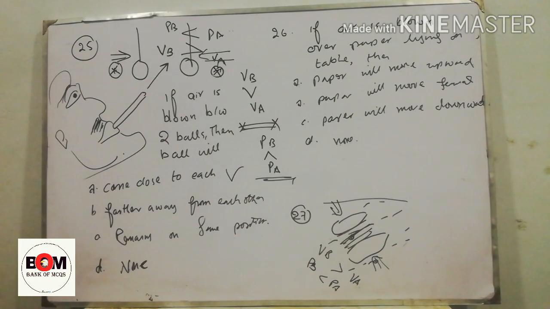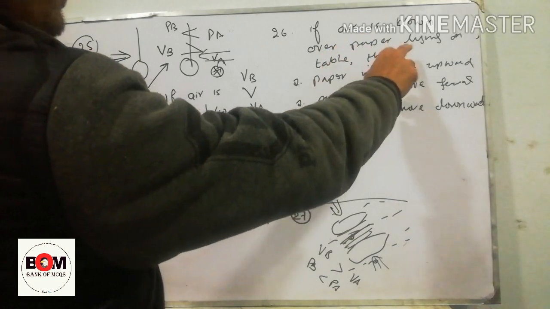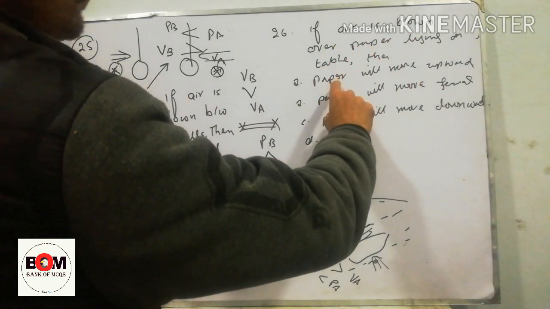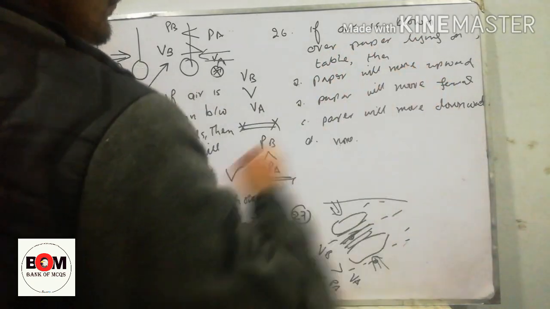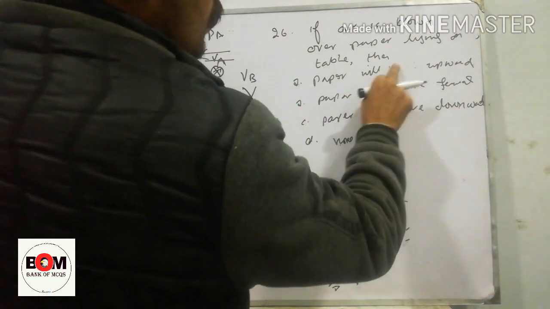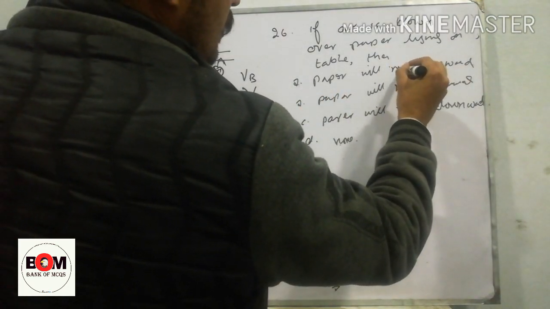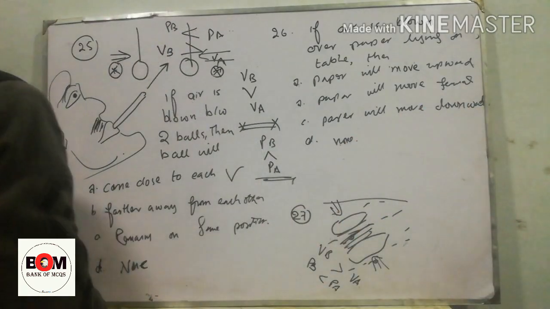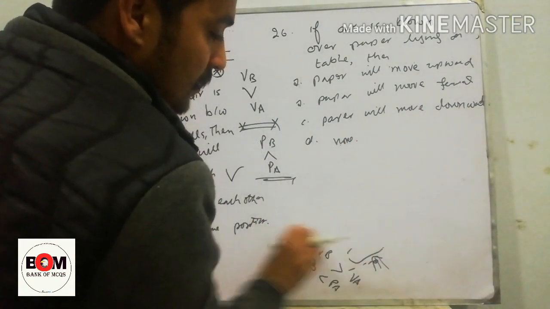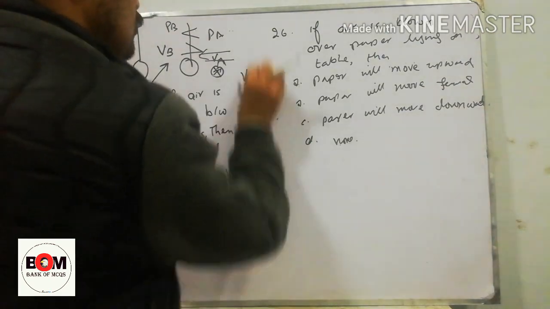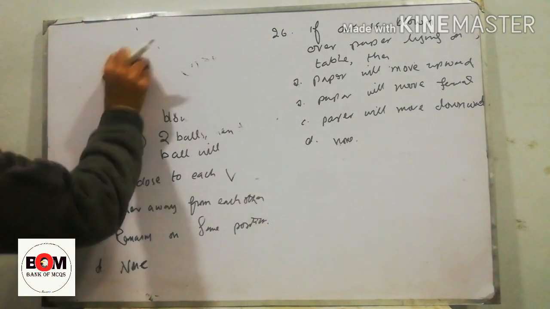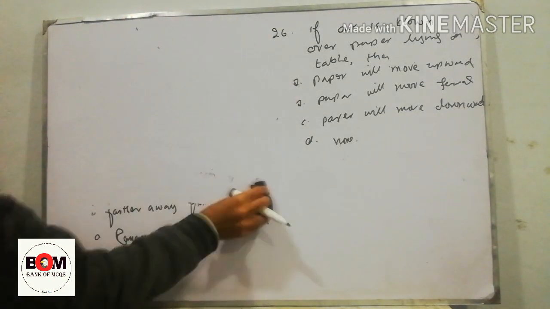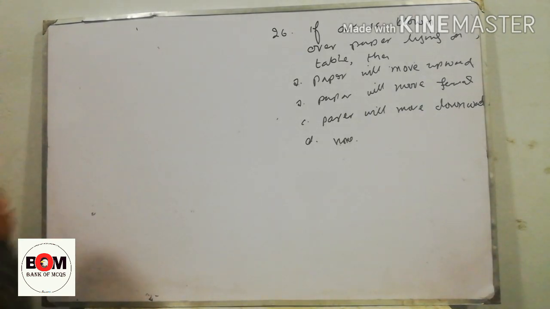MCQ number 26. If air is blown over a paper lying on a table, what will happen? The paper will move upward, the paper will move forward, the paper will move downward, or none of these. To solve these MCQs, although it doesn't appear so, this is again based on the Bernoulli equation. The question says that this is the paper